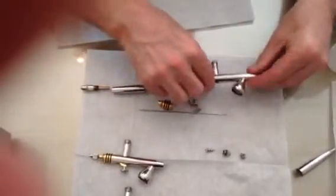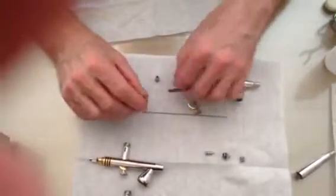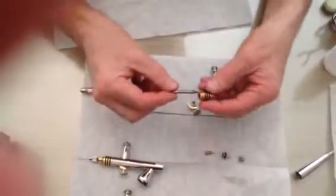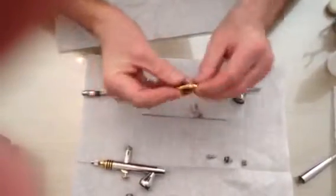We're then going to build the housing mechanism for the needle. So what we're going to do is we're going to take the needle guide, put the spring on. It will only go on one way. There's a hexagon fitting. Now to keep that into place,